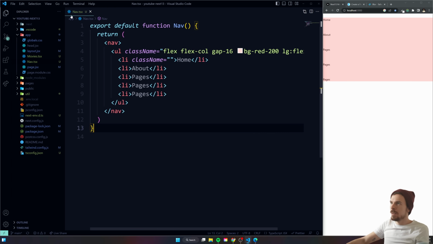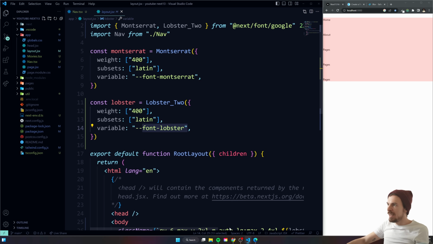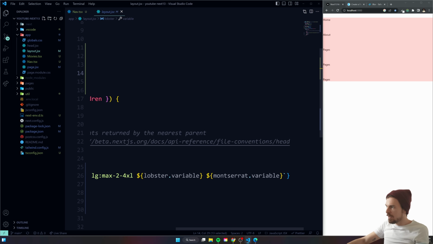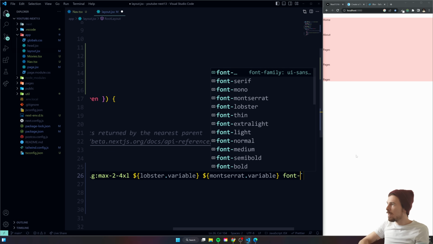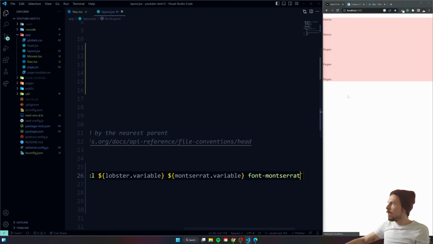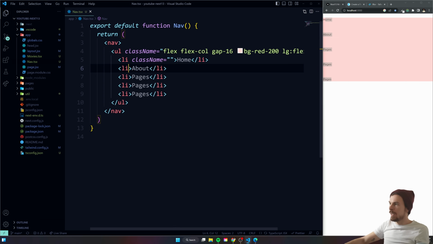So I can literally just go in any of my, I don't know, let's say I want to apply the Montserrat to everything. So I'll just go to my layout here and I'll just go at the end here and I'll say font-montserrat. Cool, save, and look at that, apply that to everything. And if I want to apply Lobster to a specific one, maybe the top one, or let's say